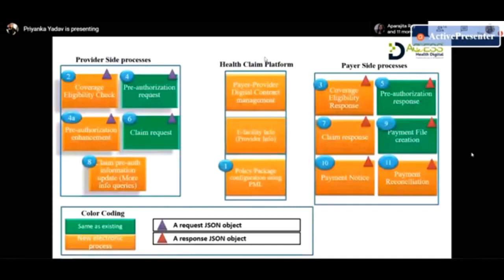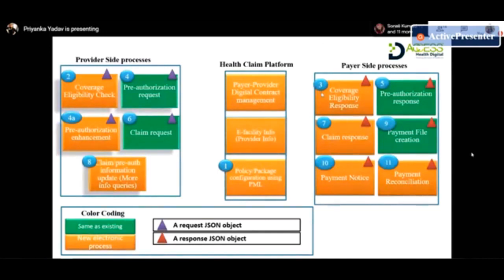It's basically saying, okay, this hospital ID and this payer ID have an existing active digital contract, because when I send a claim or any of the objects, it will have the address details, which will only have IDs. It will have the patient UHID, the beneficiary ID, the provider ID or hospital ID who is sending, the treating doctor ID and the payer ID. So if I submit this claim to my HCP,